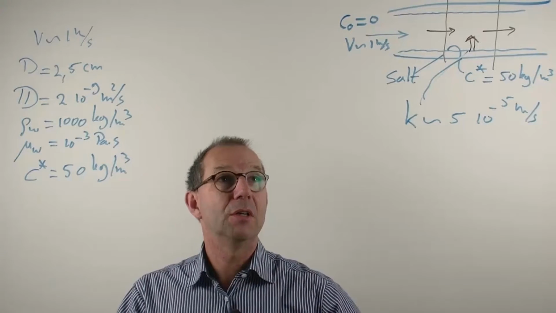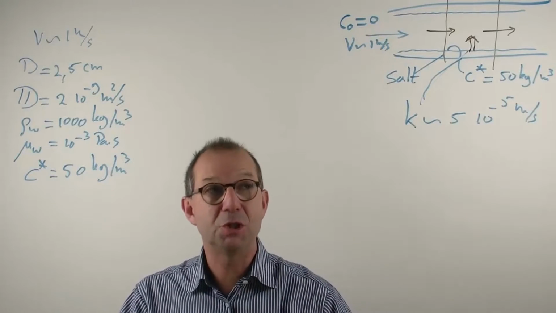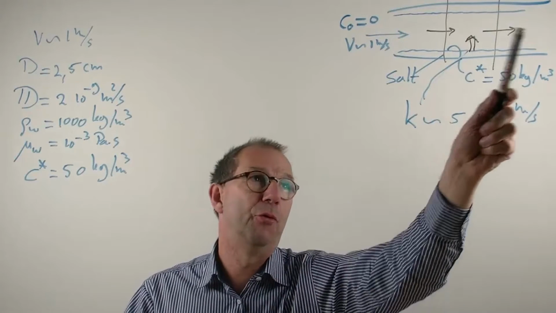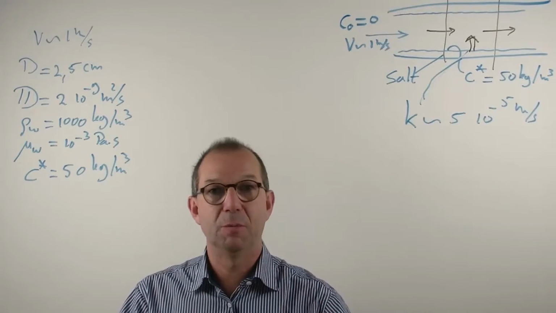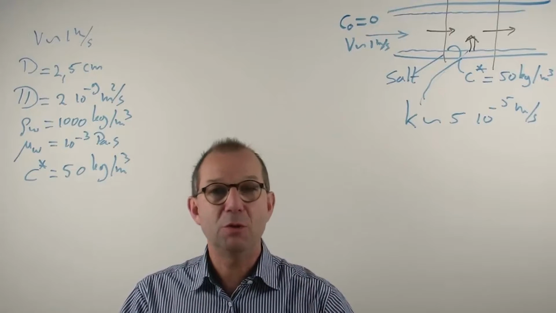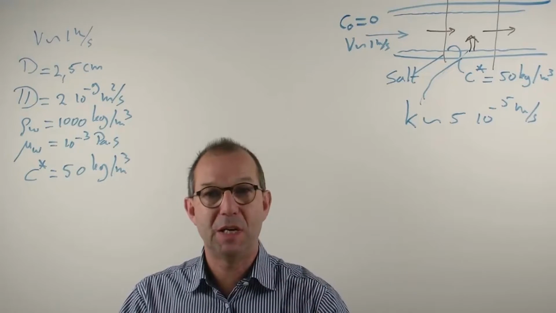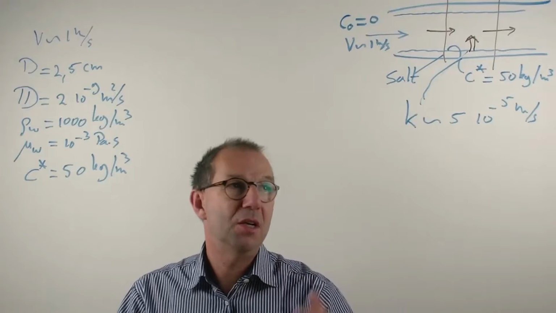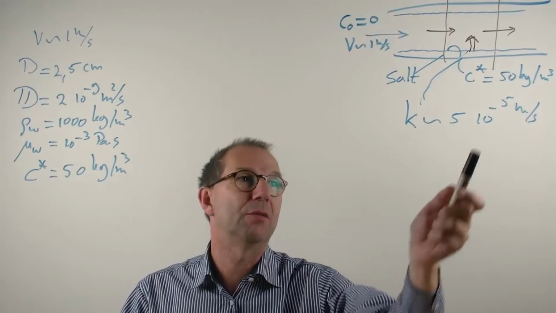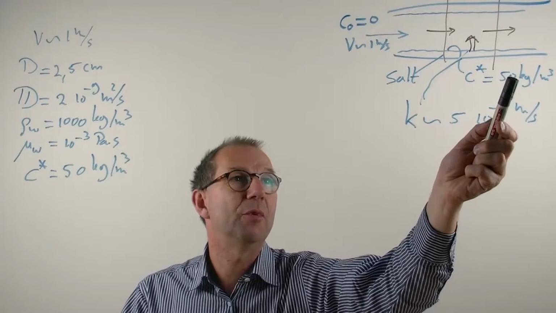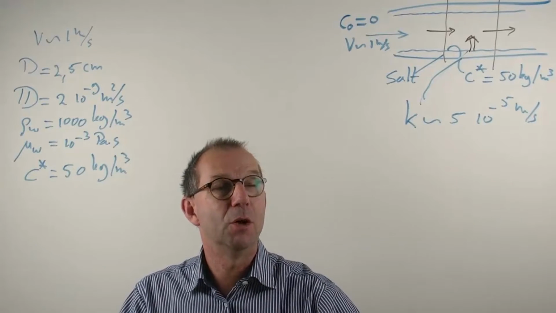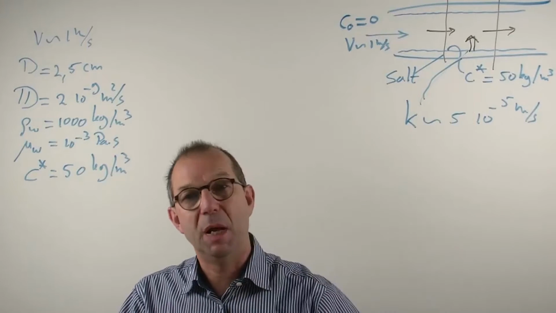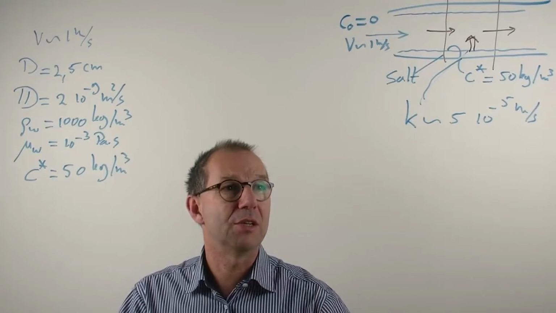Moreover, we found that the concentration profile is developing along the tube, starting from fresh water, and more salt is carried away, so the further into the pipe, the more downstream, the higher the concentration. But we also saw from our analysis that if you take the first 10 meters, the concentration of salt in the bulk is only up to 4 kilogram per cubic meter. Still far away from the equilibrium 50, which is sitting at the boundary of that salt layer, and which is the driving force, that 50 towards the bulk, for the entire process.